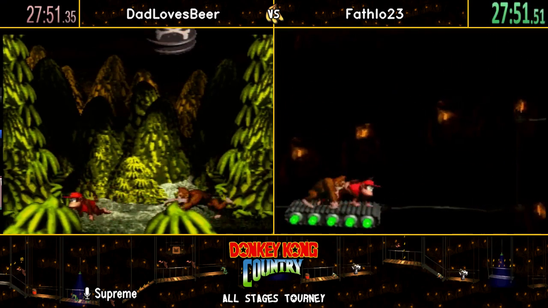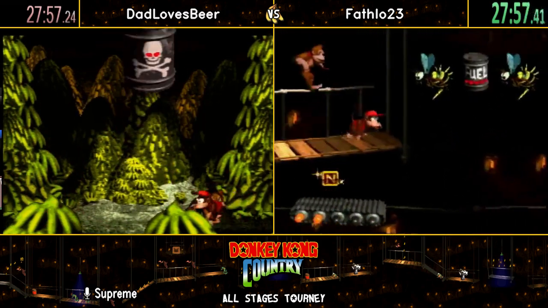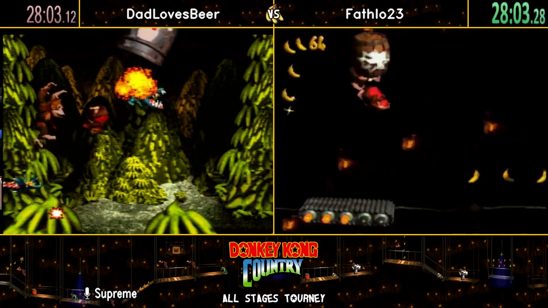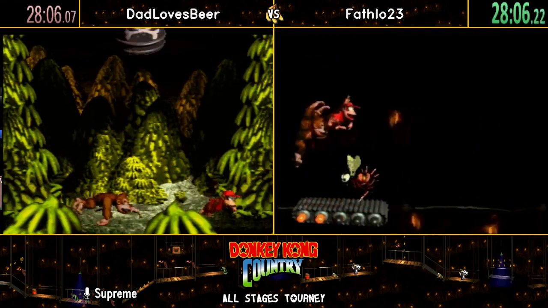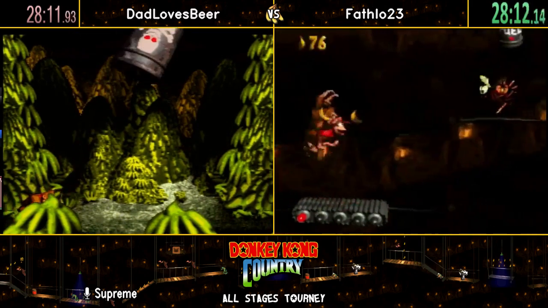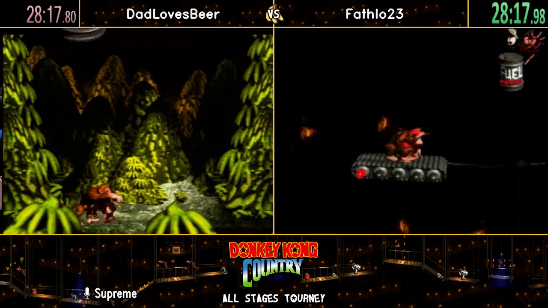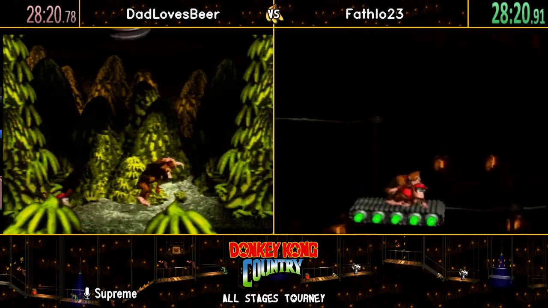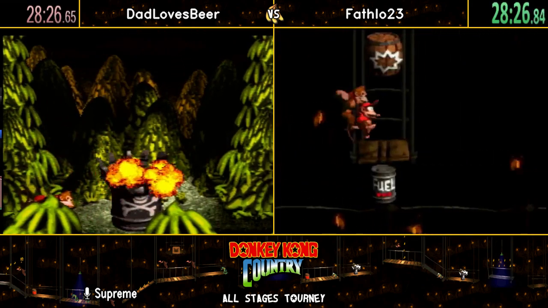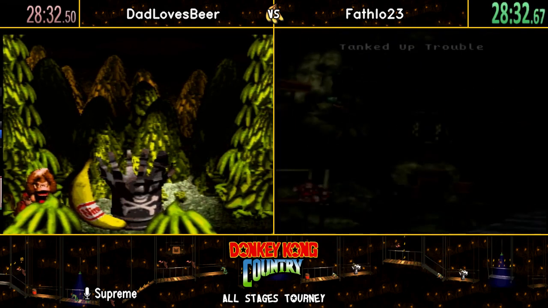Isn't that a classic mistake? I've played this game for 4 years now, and I've about had every death in the book, and I've certainly never done that. But yeah, again, I'm not too sure if DadLovesBeer goes for any frames at all. I'm not too familiar with him. He has an opportunity here if he does. But Fathlo is most certainly going to be going for both Misty Mine and